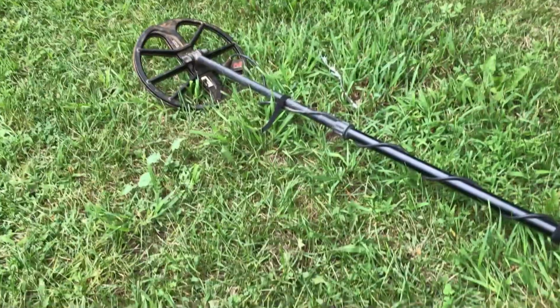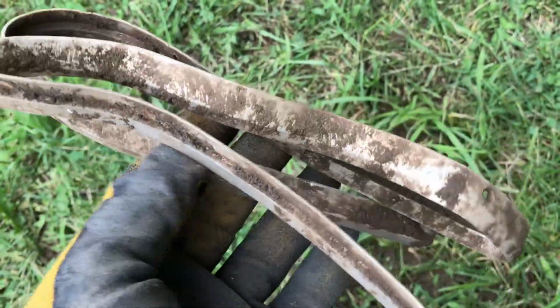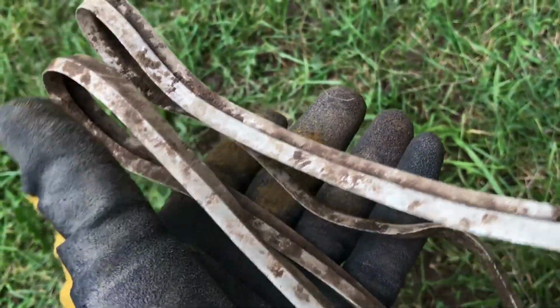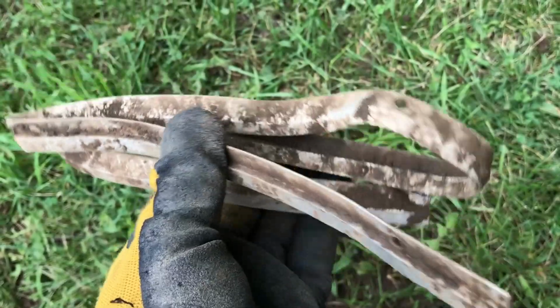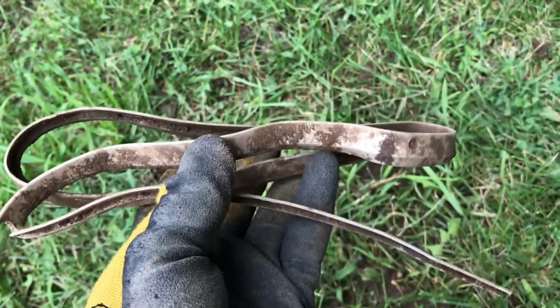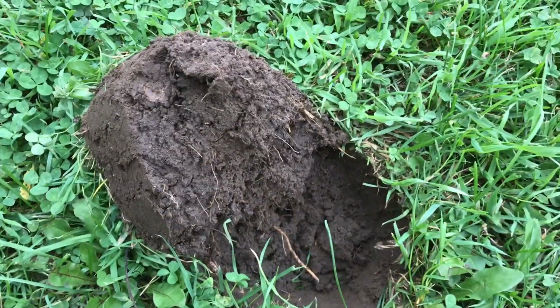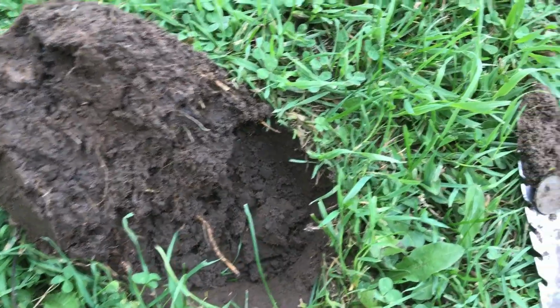If we can't find the old stuff, at least we can put some money in our pocket. Well, I already folded it up, but I pulled this out of the ground. She's some nice aluminum extrusion scrap. So yeah, well, cleaned up the ground. That's crazy. Well, that's a funny one. I was cutting the plug with the hand digger, and I just pulled the hand digger out after I flipped the plug, and